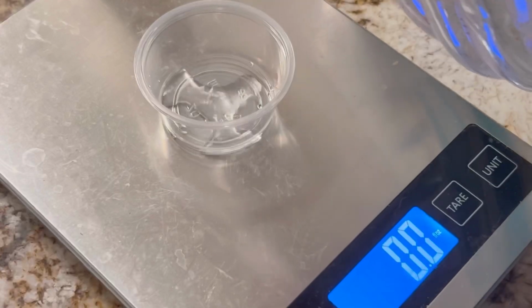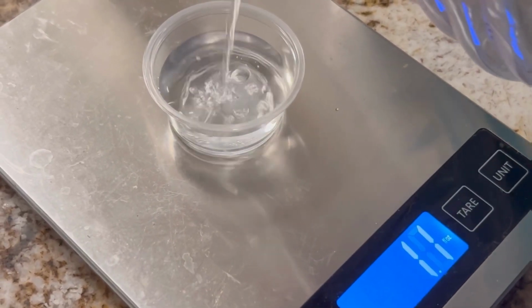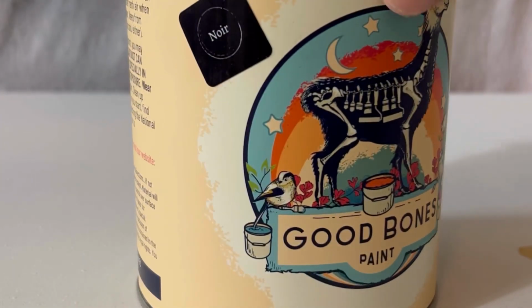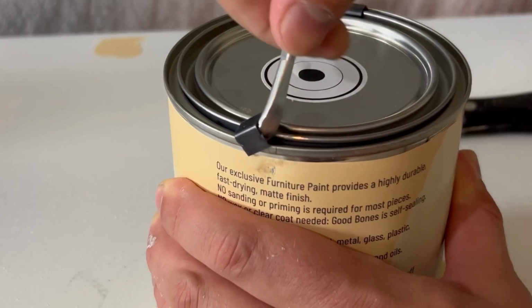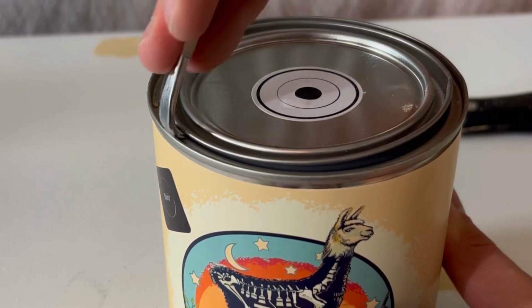With everything primed, we were ready to paint, so we headed back to our apartment to pick up our first ever quart of chalk paint that we'll be using from our friends over at Good Bones Paint. While we're there, we're also going to measure out 1 fluid ounce of water. This paint totally blew us away and has become my new favorite